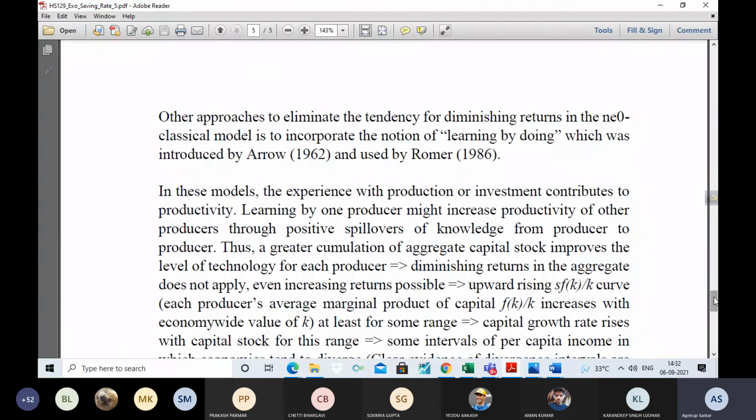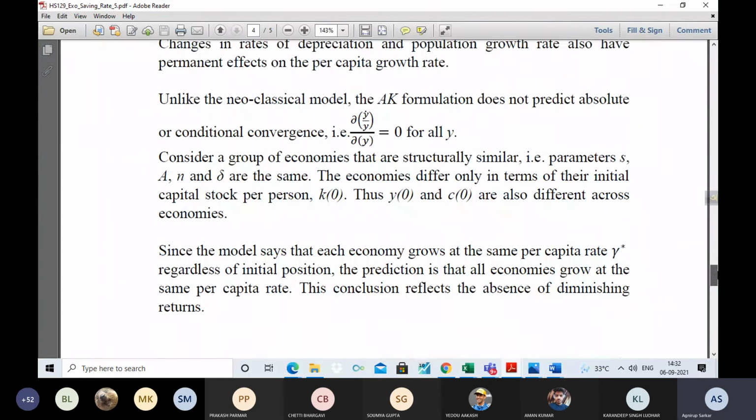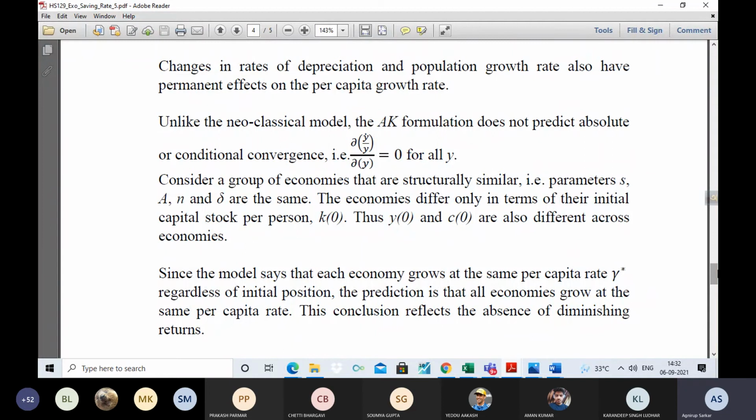See, K raised to 1 minus alpha, L raised to alpha, that was our simple Cobb-Douglas technology. Here it's just the AK model. If you plug in alpha equal to 1, you reproduce Y equal to A times K. Once again, if you do the analysis of convergence from the previous section here, then what you would find is that the prediction is